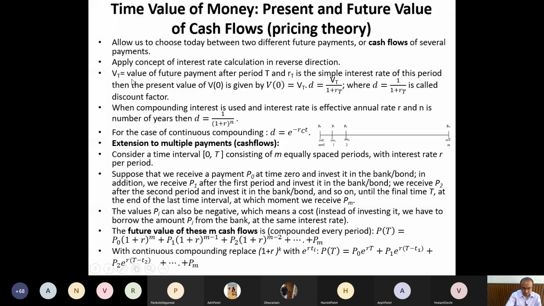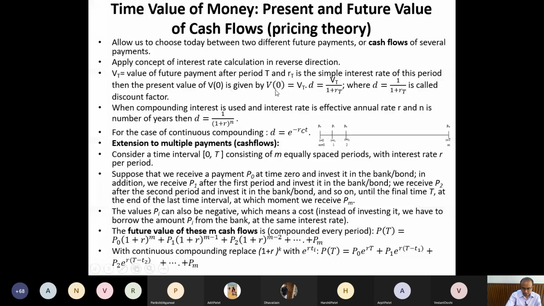So I have this future payment with me. I know in future I have to pay this much amount, right? And I know in the market what is the interest rate going on with the simple interest, say RT for this period, right? Then what will be the present value? How much amount do I need at present so that I can deposit in some instrument which gives me this much return, and at that particular time I can pay this payment. This is a very simple question. So if I have to calculate its present value, V in bracket 0, remember this is a fixed value VT. That V bracket 0 is a function of time. You can see when I write anything, it is a function of time. You recall the signal system terminology, right?